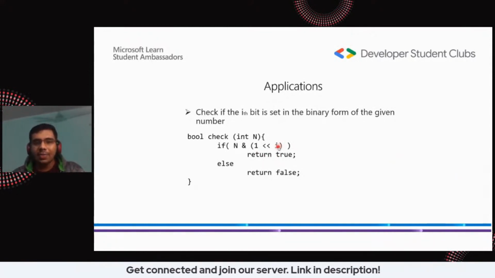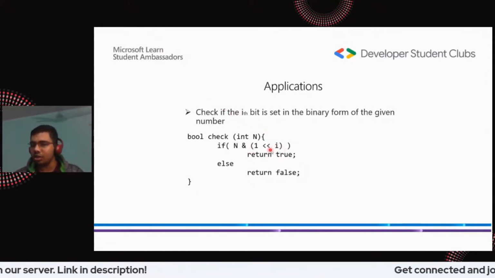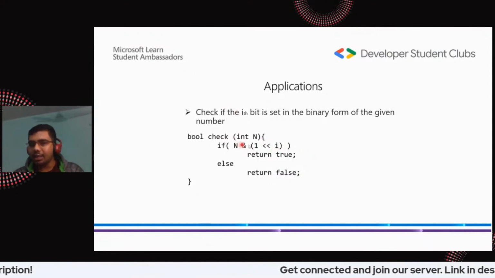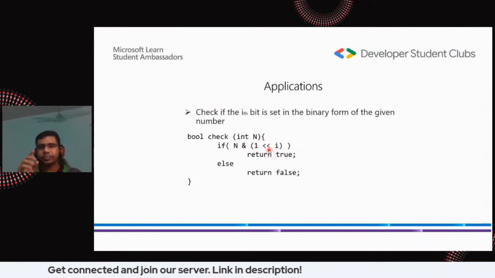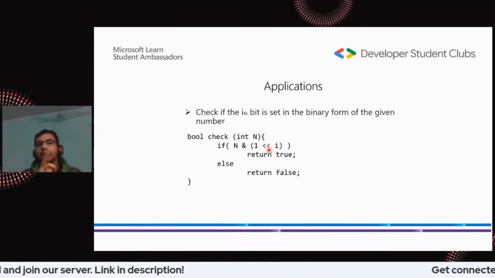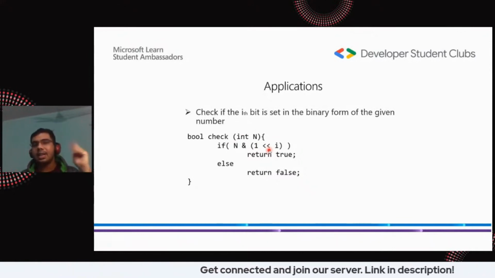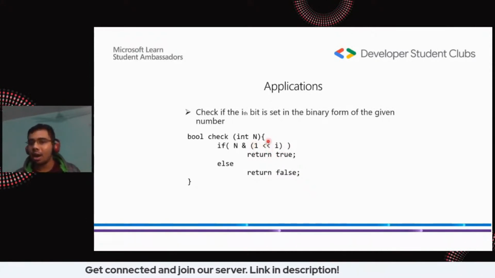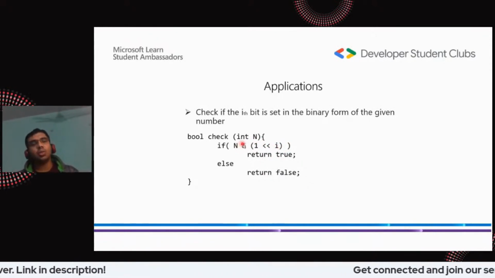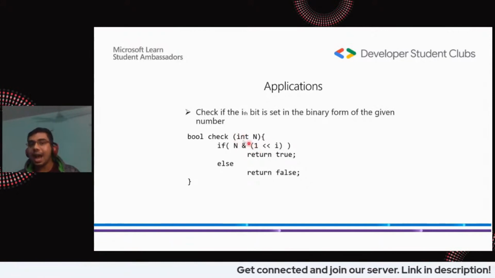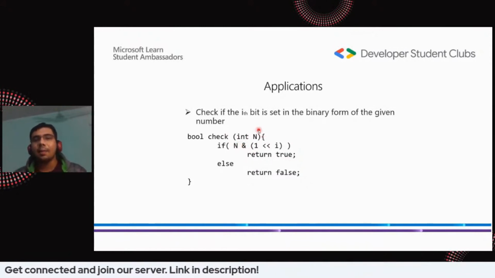Again, pretty simple thing that we want to do. So we have this ith bit, the bit we are given to check, and we have the number n. So we will do 1 left shift i. Just a few slides back we looked at 1 left shift i actually making the ith bit 1. And when you do the AND operation with the number itself, this returns 1 when the ith bit in the number is 1, or returns 0 when the ith bit in the number is 0. So that's the particular concept.